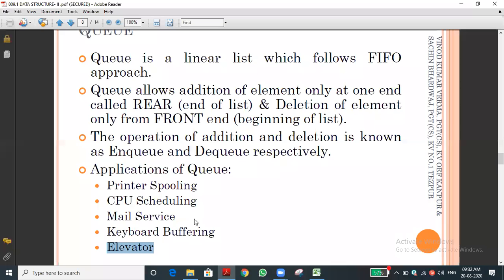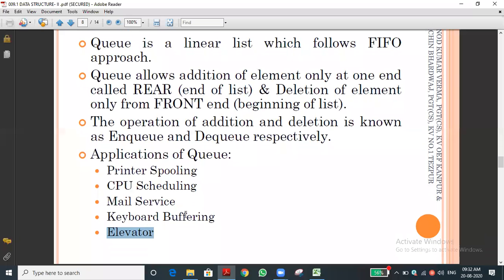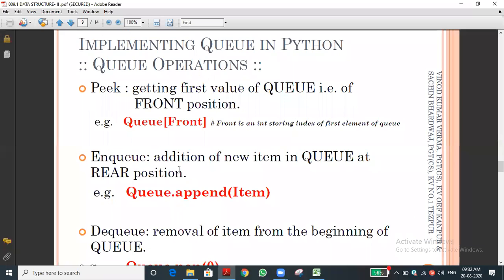These are all applications. Now let me see the program. We already know that peek means getting the first value of the queue, the front position, the person standing nearest to getting the ticket, not the last one.